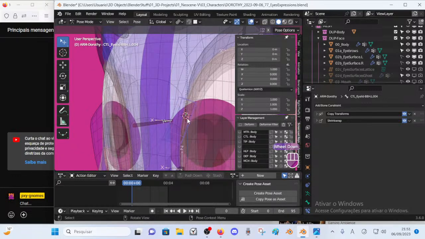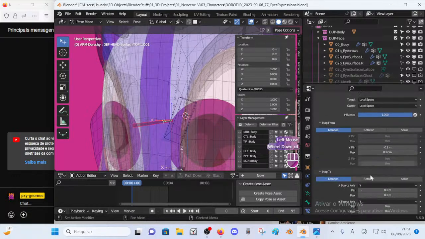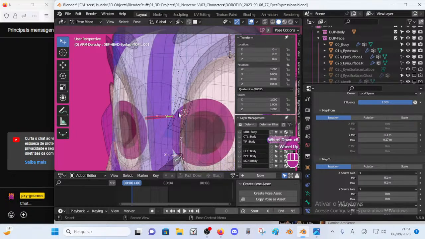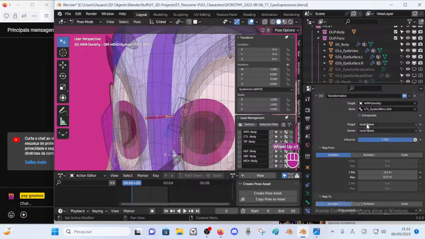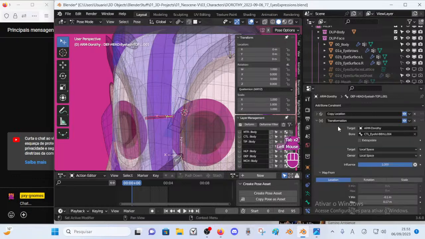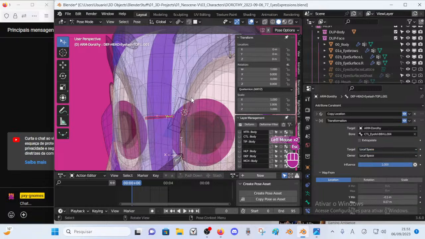This was the idea. What I can do here, I'll risk some, this is working, but I want to improve this rig. So what I'm going to do is, because these orientations are all twisted, I'll just pick the bone here and use target instead of the local space of itself.